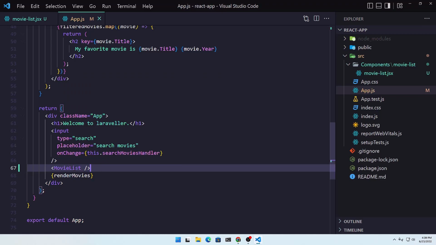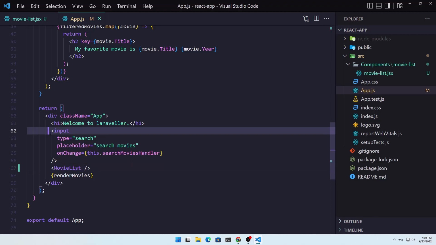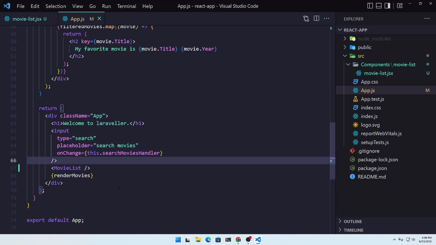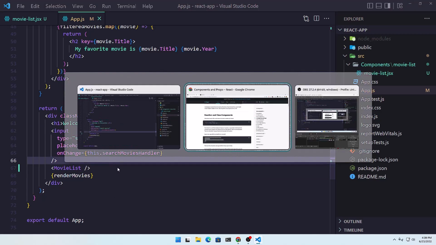Now you need to learn that all components must be capitalized. So here we see we have M capital and also the L capital, because React needs to know if that is a component or maybe HTML code. Okay. So with that, now if I save and if we navigate in the browser,